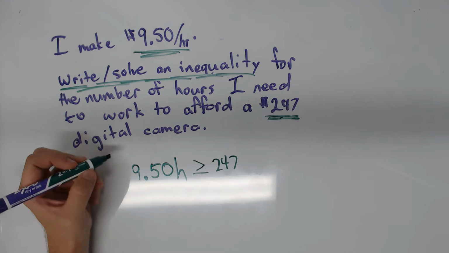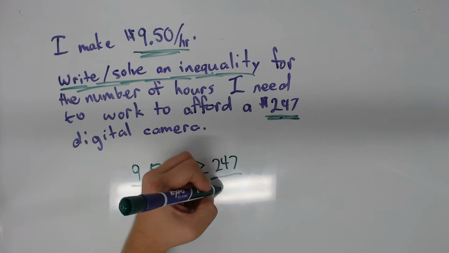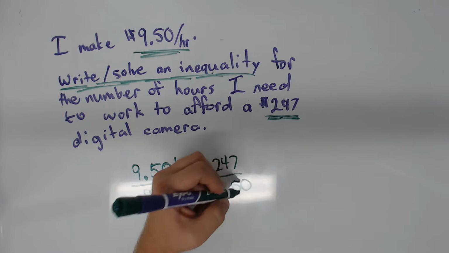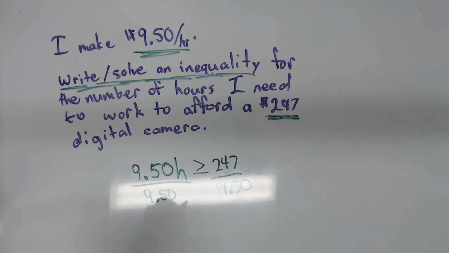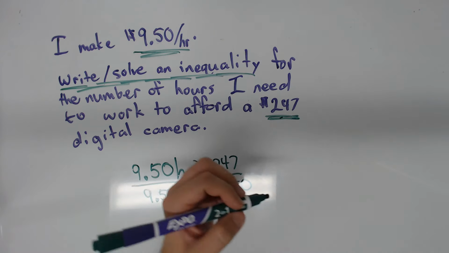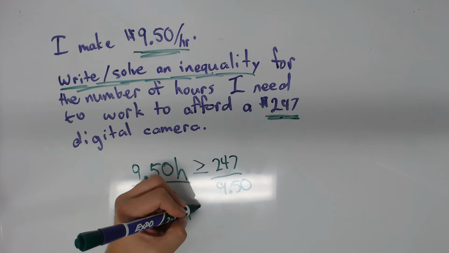So all this takes is dividing by 9.5, $9.50. Think to yourself, do I have to follow that special flipping rule? I'm dividing by a positive number, so no, I don't. I'm not going to flip that symbol. So h should be greater than or equal to,